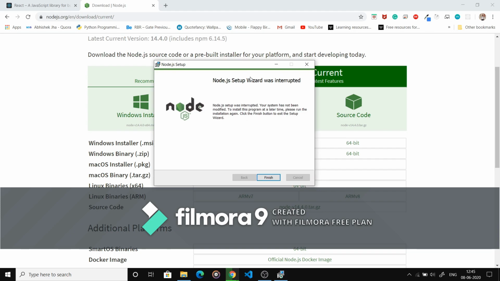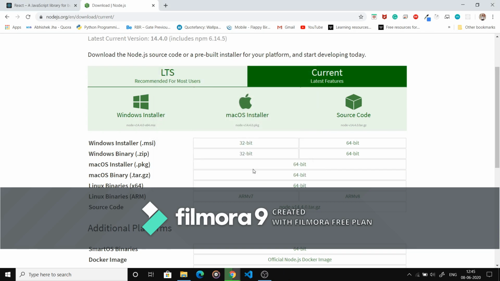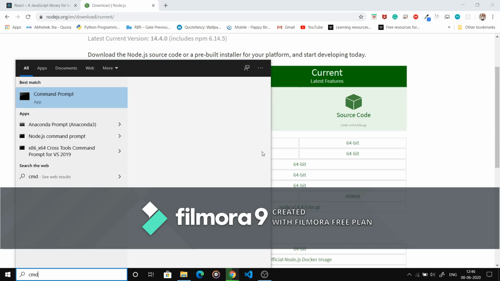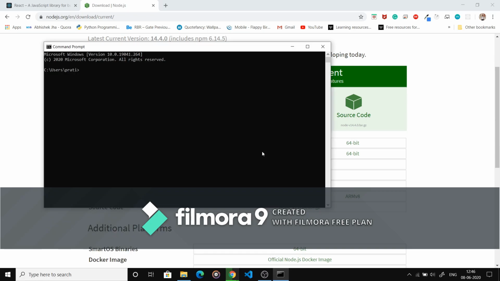Once you install Node.js, this window will appear. Click finish. If you want to check that Node.js is completely installed on your system, go to search and type cmd. This is the command prompt. Type node. If this window appears, that means Node is installed.